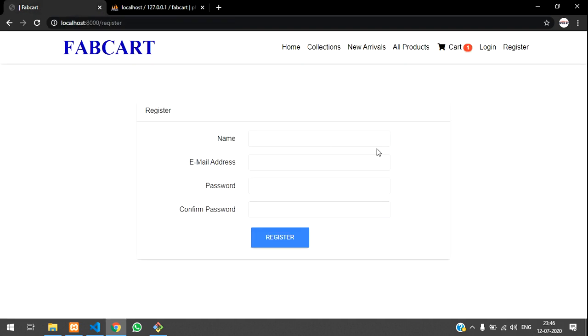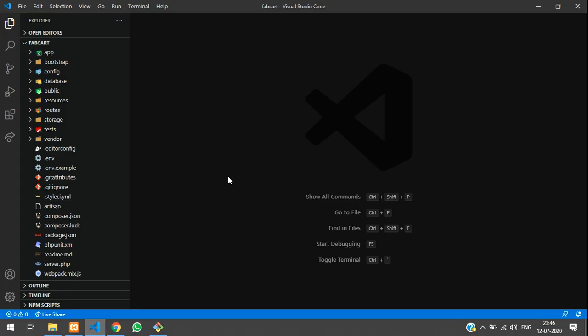Okay, so guys, simple, we will create a middleware and authenticate that the user who is logged in should go to admin and who should be going to user, right? So for that we will start with this. So guys, let's get started with the coding.